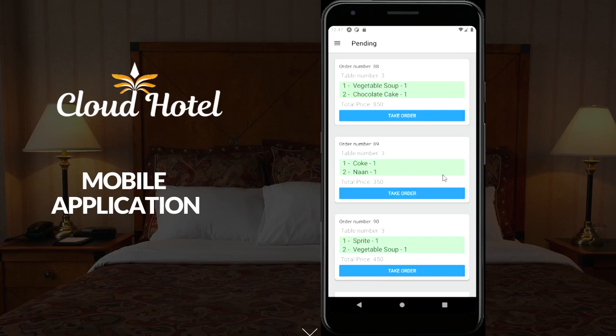This is the home screen of a chef. A chef will have a personal tablet in front of him at his workspace, so he can easily manage and track all the orders and the states. In the pending page, he can see all the initialized orders by the customers with the order number and the table number and the respective menu items that should be prepared. And by clicking on the take order,